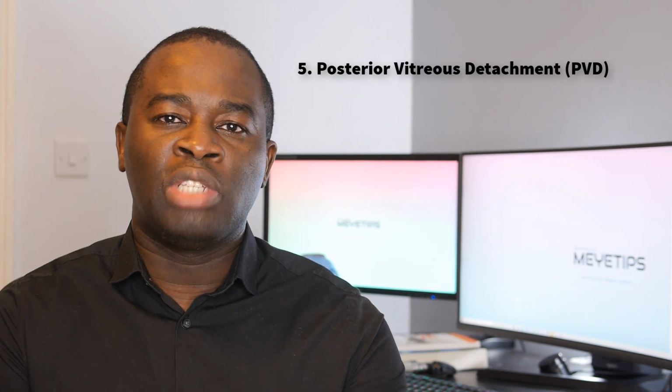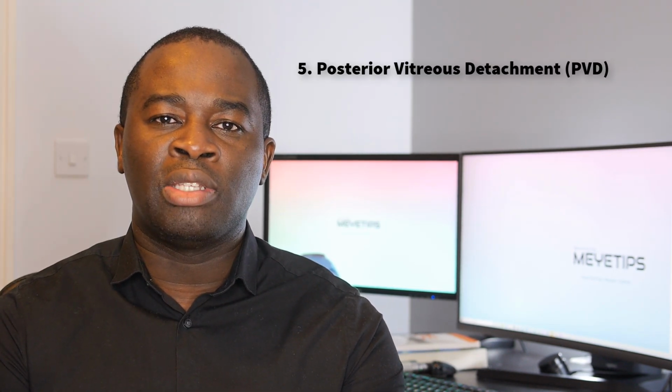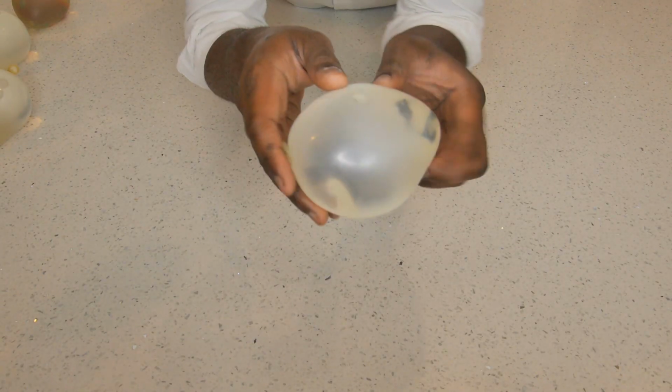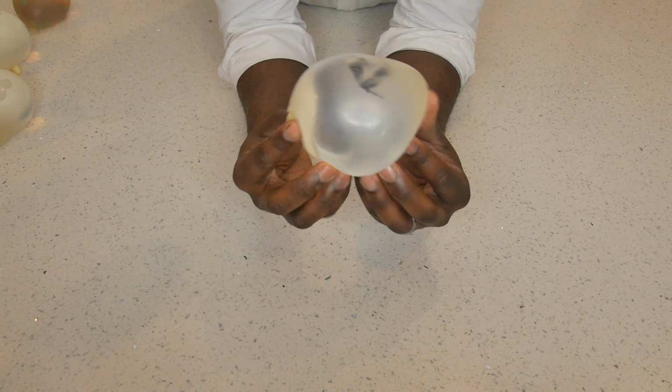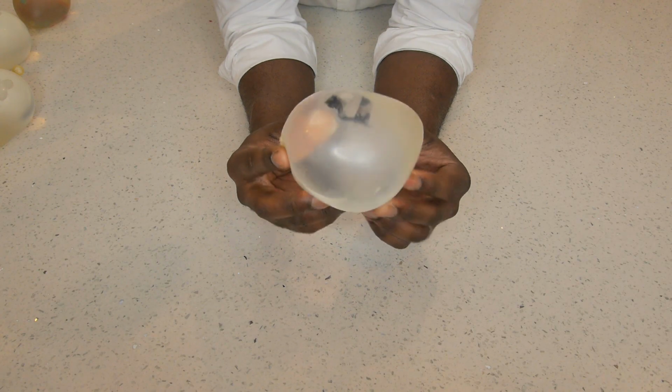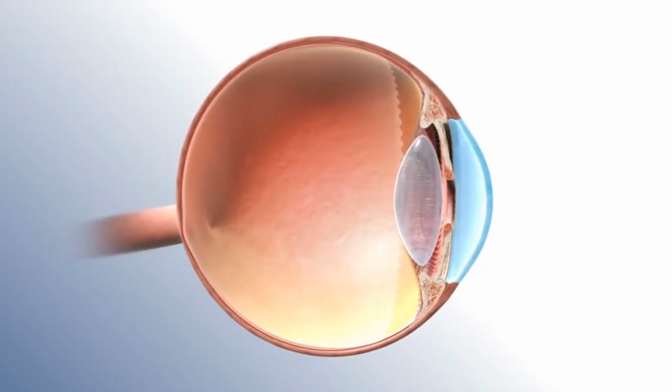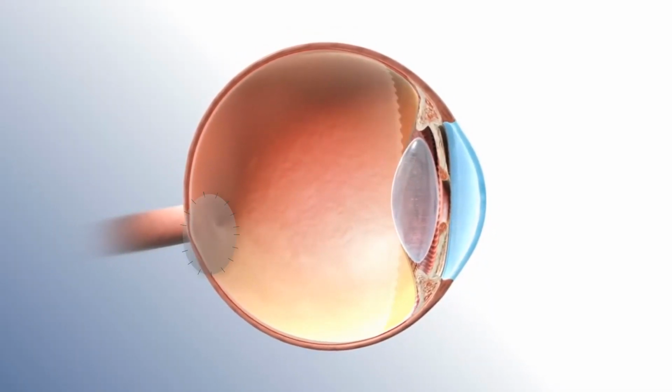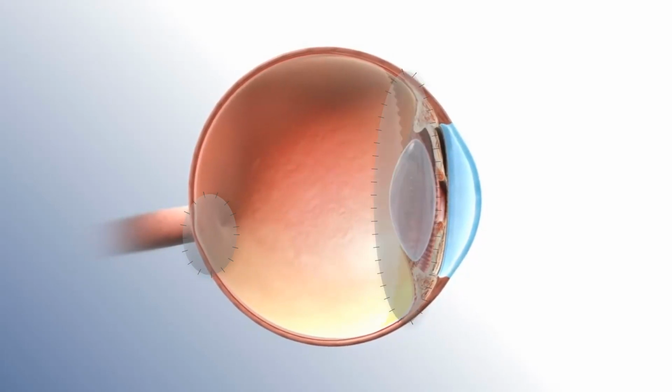And the 5th and final type of vitreous floater that I've got down is what we call a PVD. The PVD stands for posterior vitreous detachment. The posterior vitreous is the sac which contains the jelly in the eyeball. Now, this sac is held on in 2 points firmly, the hole at the back of the eye and the hole at the front of the eye.